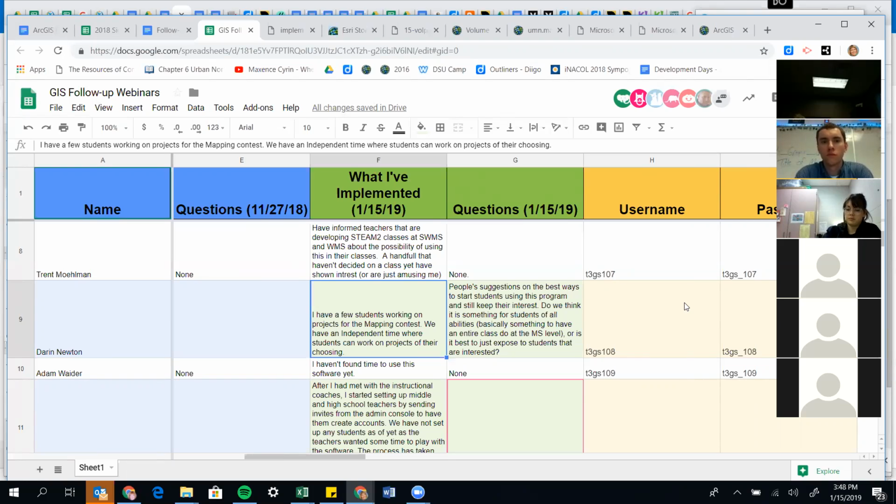But I think, like Michelle is using the geo inquiries. Kelsey's using them, Dan's using them. Having those geo inquiries, even interspersed content-wise, is a good way.